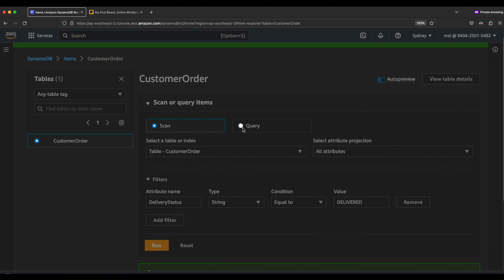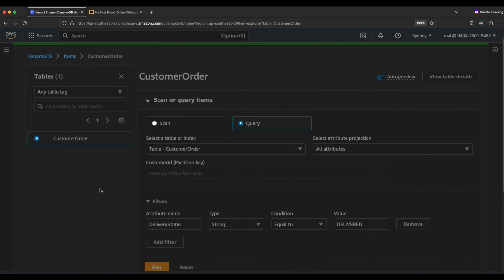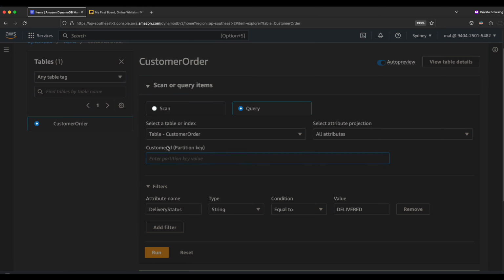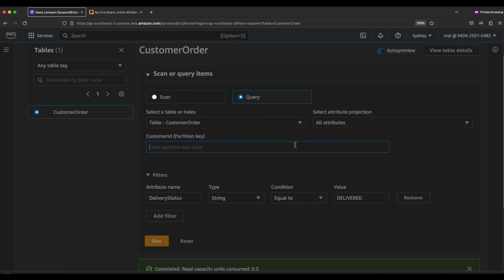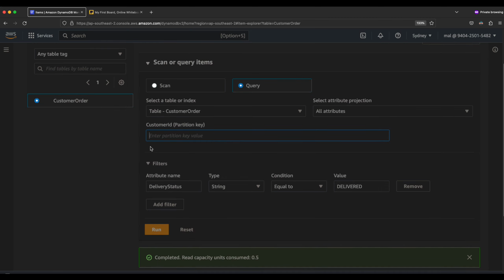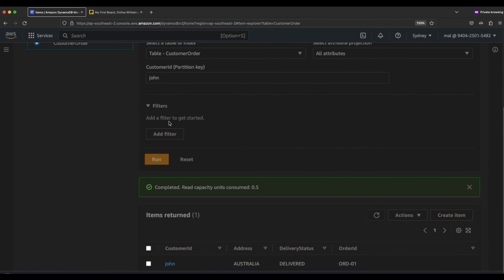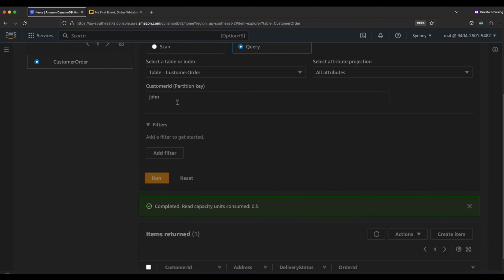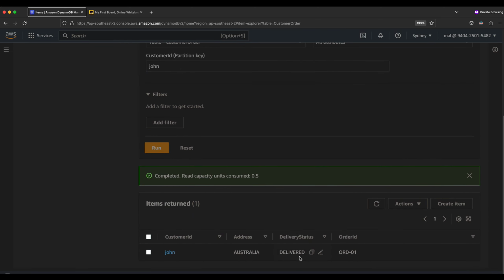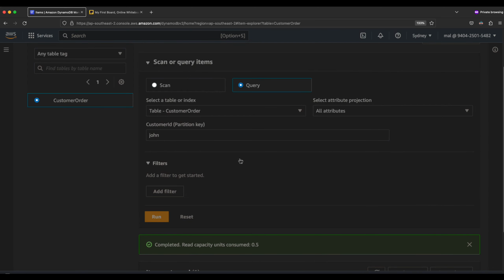Let's go to the query. If I select the query, you can see only the customer ID. You don't have any other option to filter on. So you can give a name, say John, and run. We select John, and John will be returned. So this is the